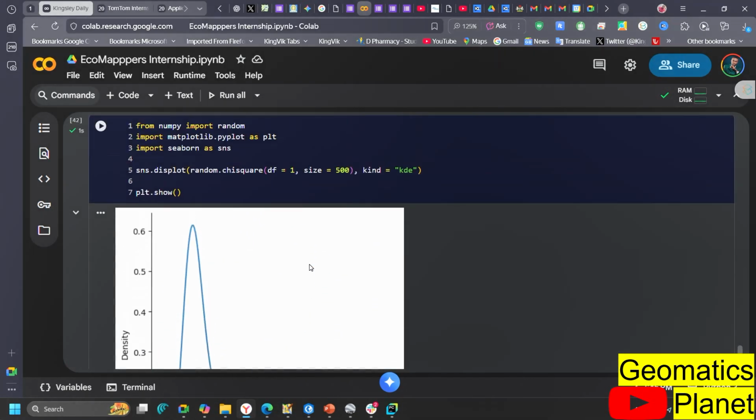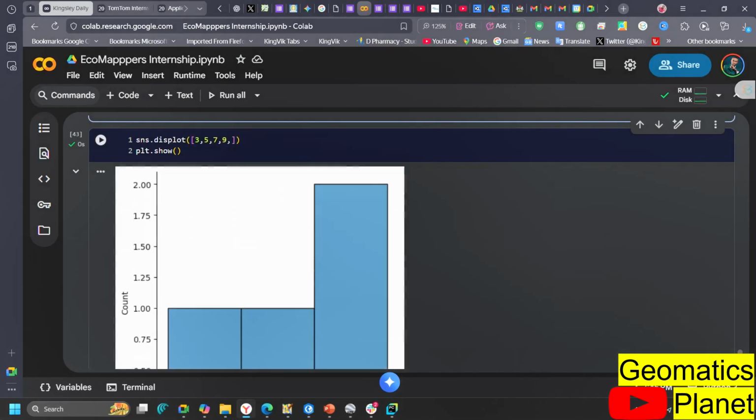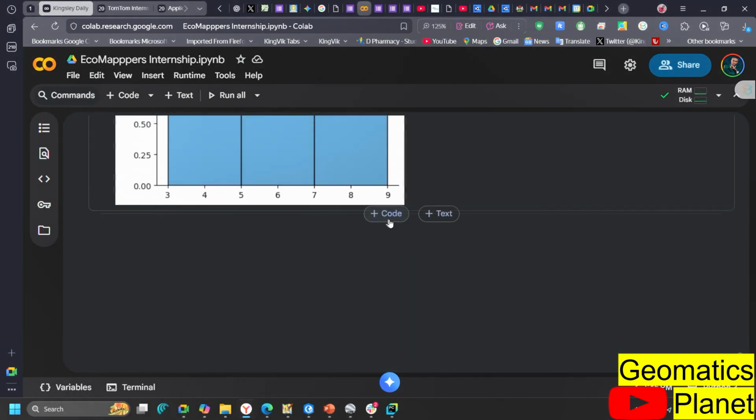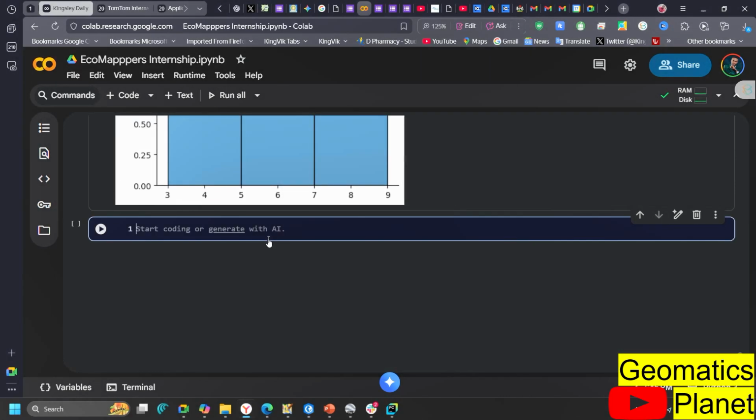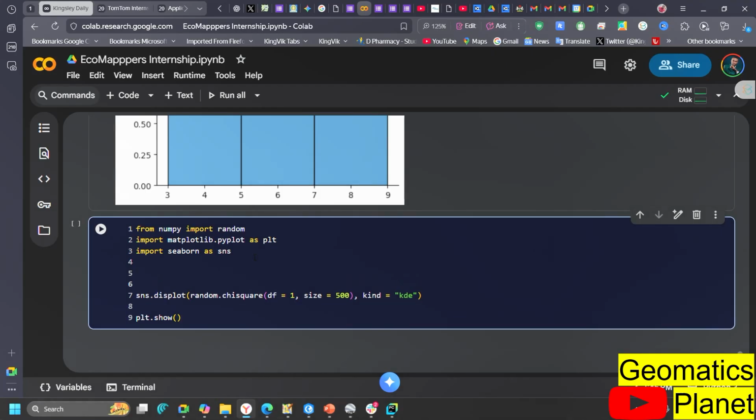Now remember, this was one of the reasons why I said we just need to understand the data, because when we get there we might look like we are fast, but we are not fast. So for example, I want to make a modification of this. Now you see that I have made an import from NumPy, import random, from this import plt, from this import Seaborn. But if I want to bring in my data, for example,